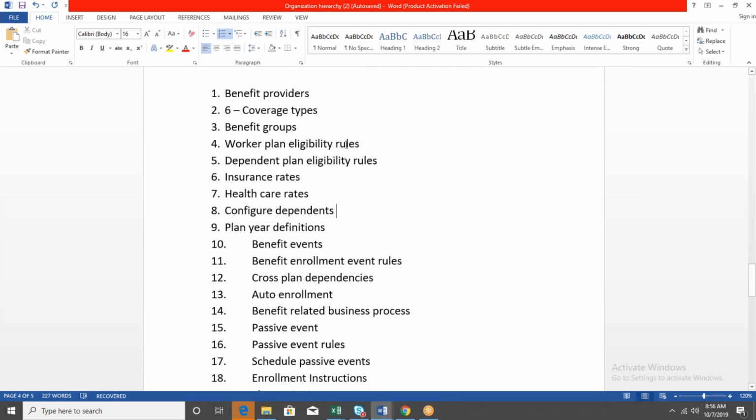Actually, I have just explained at a high level. When it's a benefit event, we are required to create six or seven events. When I say benefit enrollment event in one word, in fact we have to configure six tabs. When I say health insurance rate, at least four tables we have to configure. So I'm explaining at a high level. Once you start the regular sessions, it will be more elaborate.